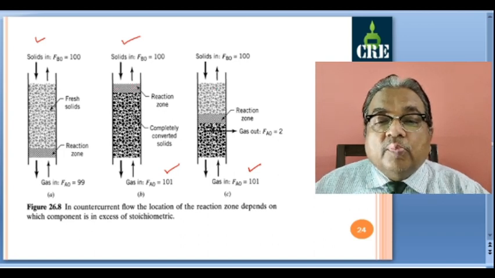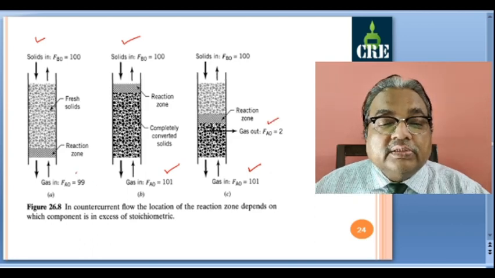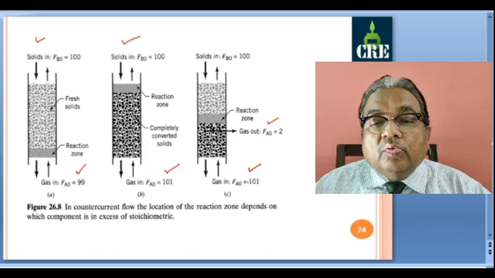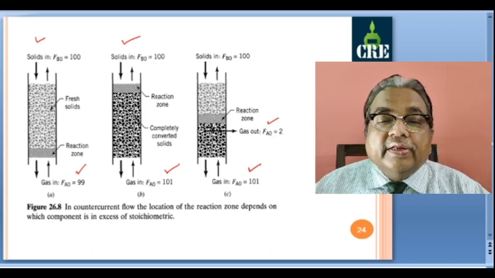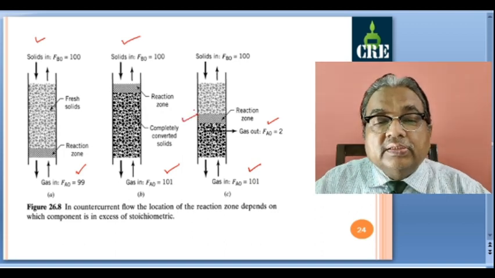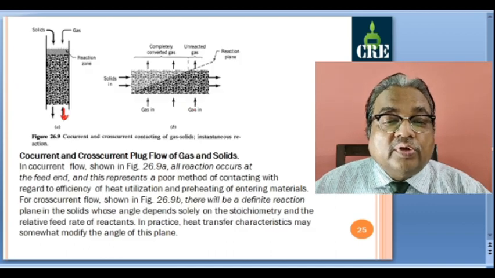We want to arrest this movement. So, what we do is, we will have to remove some amount. So we are removing this, so it becomes 99. So here it is 99. So what we are doing? 99 and 101. Here you are supplying 101 and here you are bringing it down to 99, so that we can maintain this reaction zone somewhere in the center. So we are considering instantaneous reaction cases only.